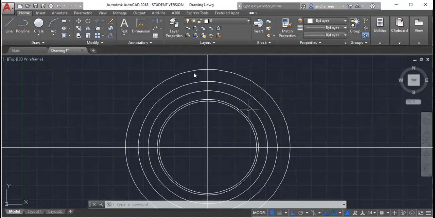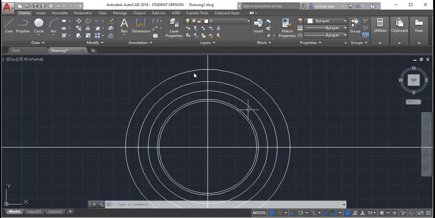Now we will draw the core of the transformer. The circumdia of the circle is given as 80 mm. For the single step core, what do you multiply with? What is the multiplying factor for single step core? 80 into 0.71, right?